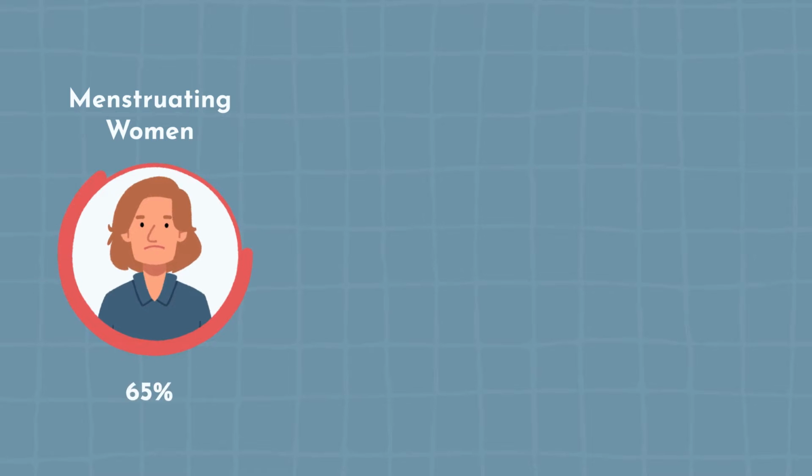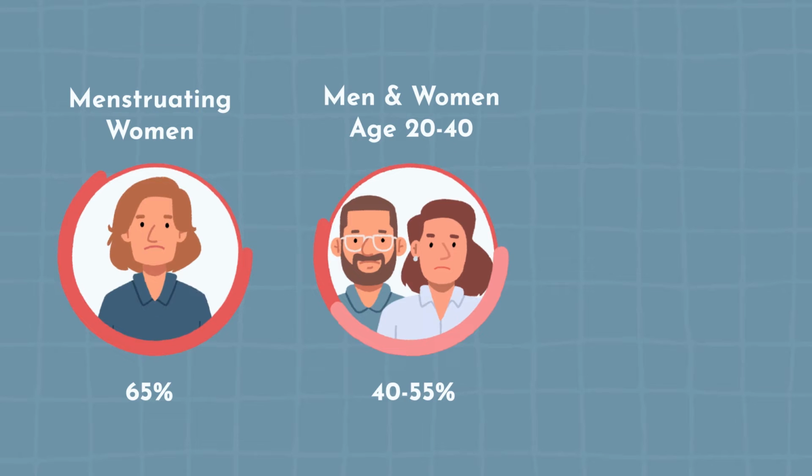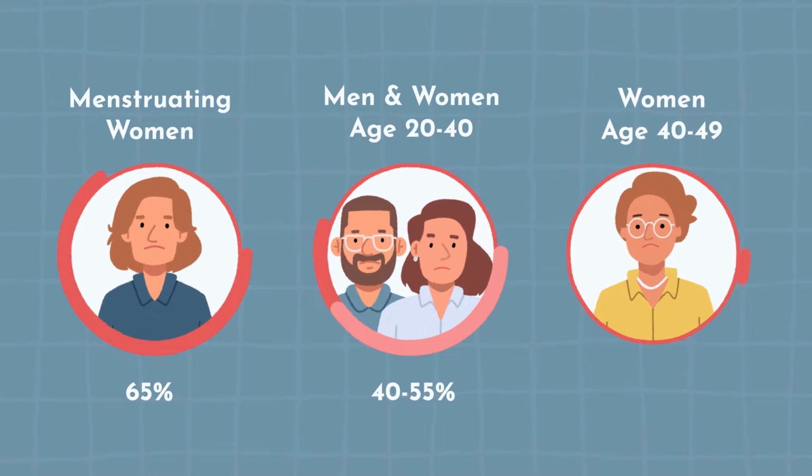They don't understand why. And when we look at adult populations, up to 65% of menstruating females will report outbreaks of acne. It's not just women. Men and women ages 20 to 40 report persistent low-grade acne, up to 55% of people. It's very widespread. And even women in their 40s, up to 25% are still reporting acne. So absolutely no longer just a teenage thing and something that we can say, well, it's just a teen and you're going to grow out of it. That's just not true.